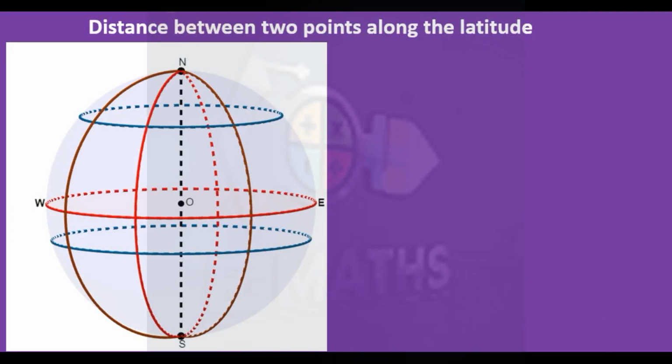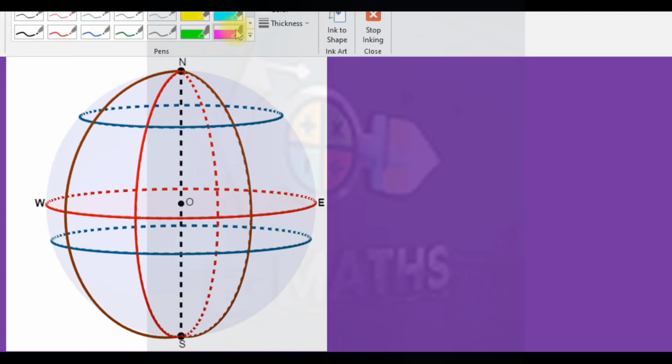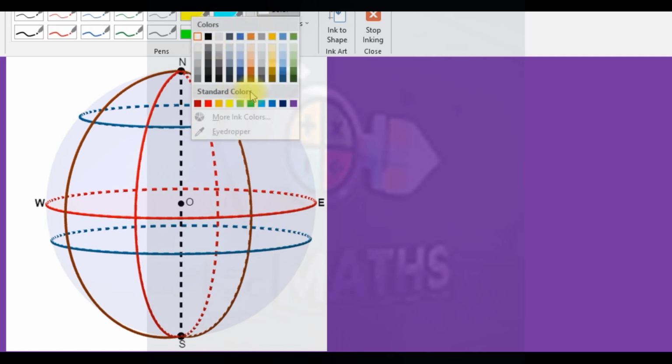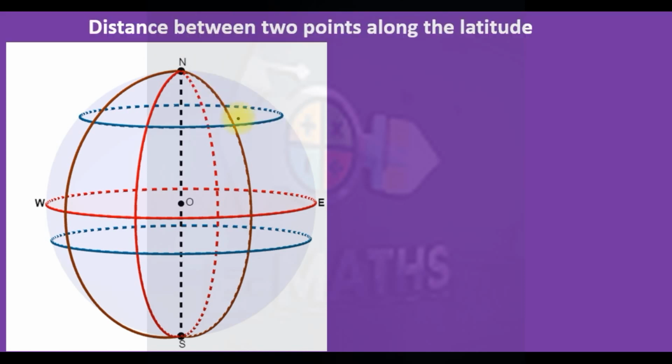Okay, we're on distance between 2 points along the latitude. We've done longitude. And as you can see from the diagram, for us to find the distance, if you are given maybe this point A and point B, and we are asked to find the distance between these two, this is an arc of this circle. So if this is the center, once we know this is the radius,